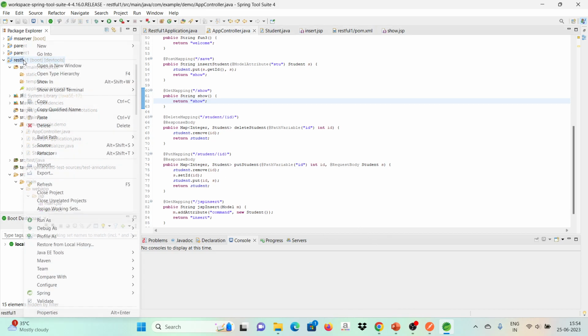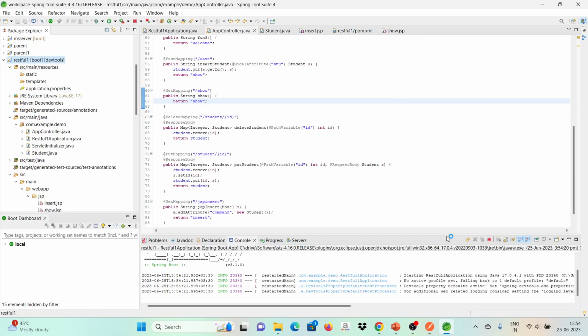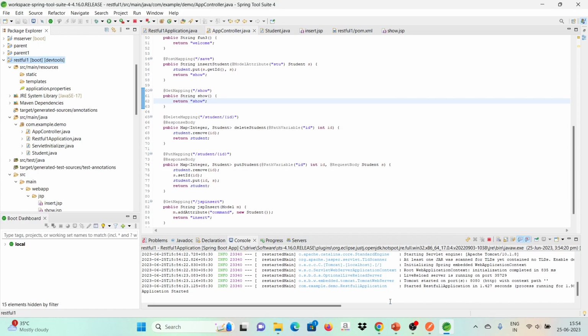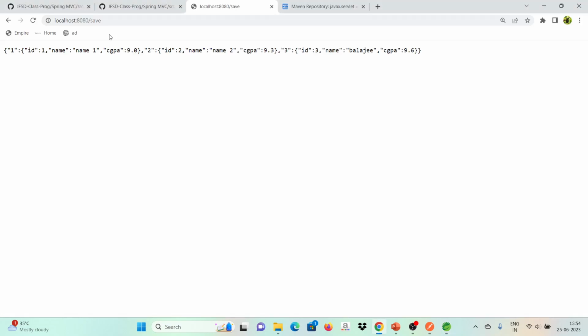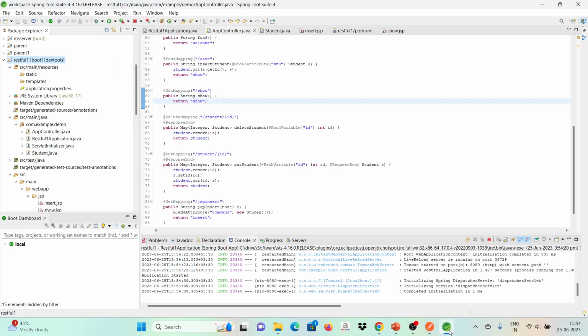I will right click and run the Spring Boot application. Now the application is running. We will go to our browser and say /show. You can see two objects are printing here. That means I have two student values. So now I need to print the actual value instead of the